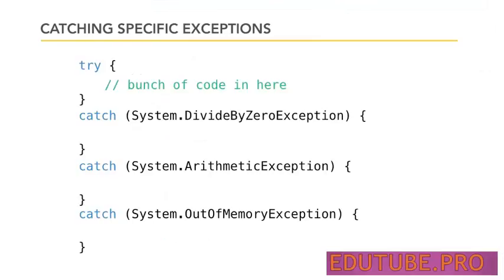To catch specific exceptions, you can put inside parentheses for each one of the catch handlers the kind of exception that you're looking for. So in the case that you see here, I've got a try block where I'm going to try a whole bunch of code, and then I have several catch handlers all in a row. I've got a catch handler for a divide by zero exception. I've got a catch handler for an arithmetic exception. I've got a catch handler in case we run out of memory. There's all kinds of stuff that I can put here. And I could put a generic catch at the bottom of all this too that catches exceptions that don't get caught by these. So let's jump over to the code and see how we can handle catching specific types of